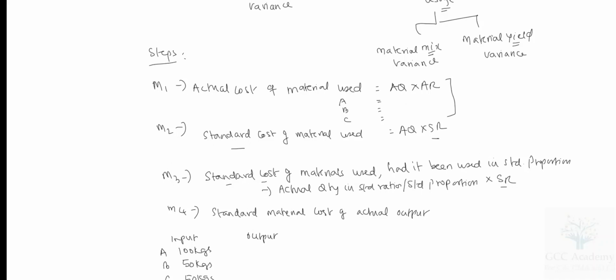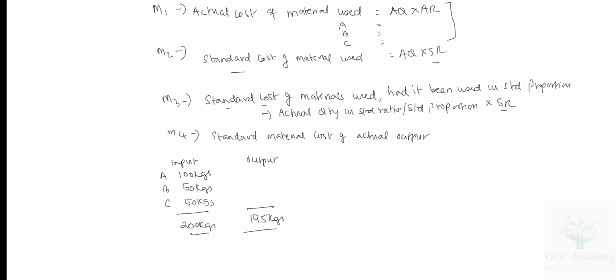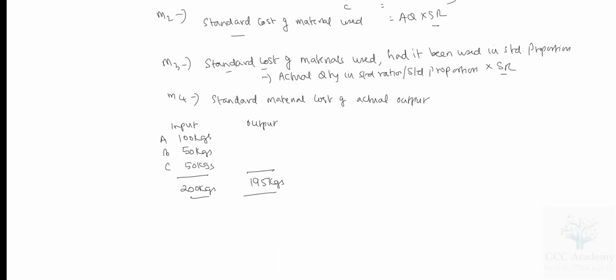I am going to first of all determine M1, M2, M3, M4, which are 4 parameters required to calculate variances. Before I calculate the variances, I need to first arrive at this. Then only I will be able to arrive at the variances. So material cost variance, how to arrive at it? There is a very simple formula, M1 minus M4. So we are going to calculate variances by using formulae. Now my material cost variance is M1 minus M4.